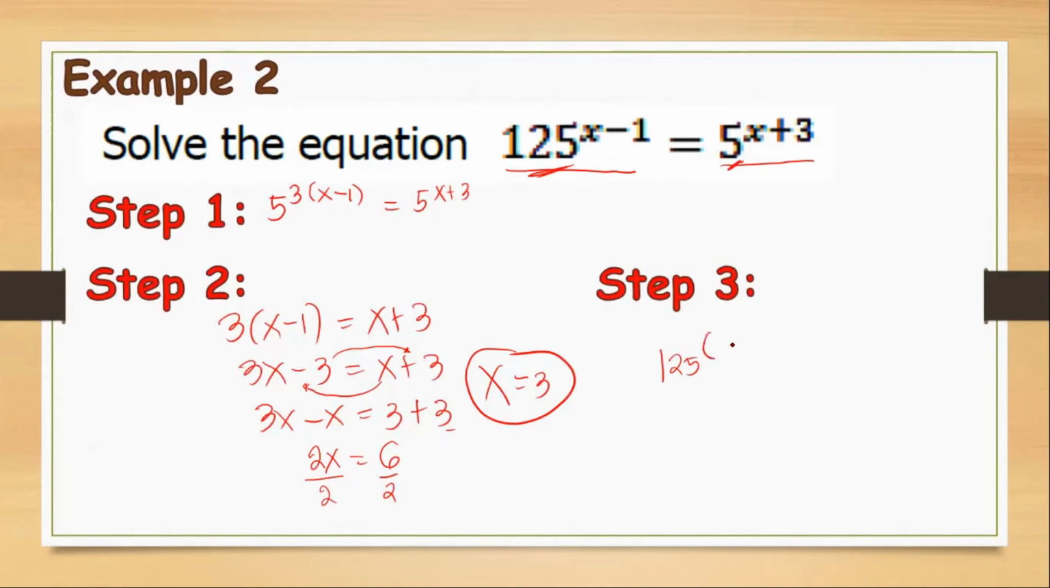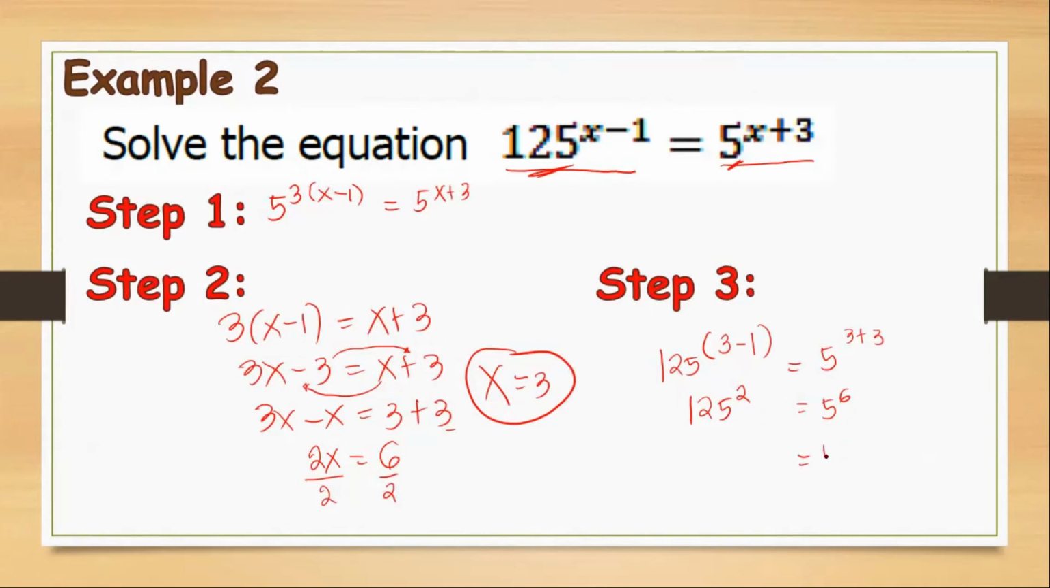125 raised to 3 minus 1 equals 5 raised to 3 plus 3. So let's see. 125 raised to 2 is equal to 5 raised to 6. So if you are going to check, 5 raised to 6 is equal to